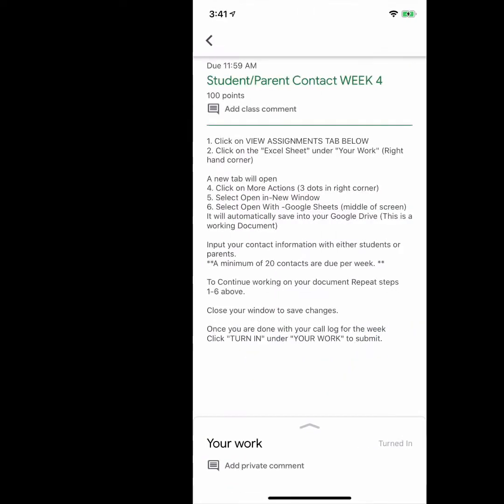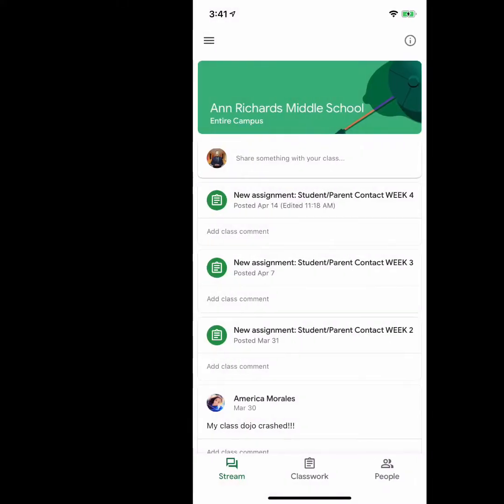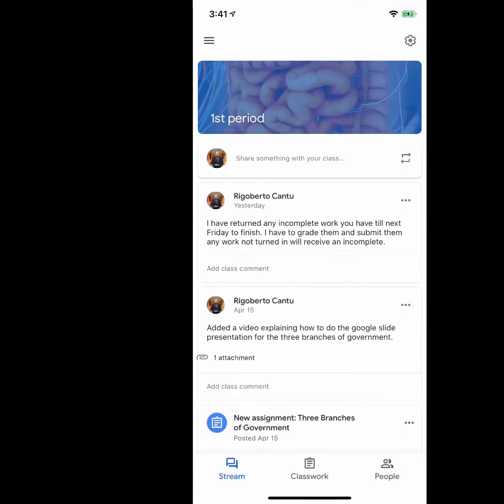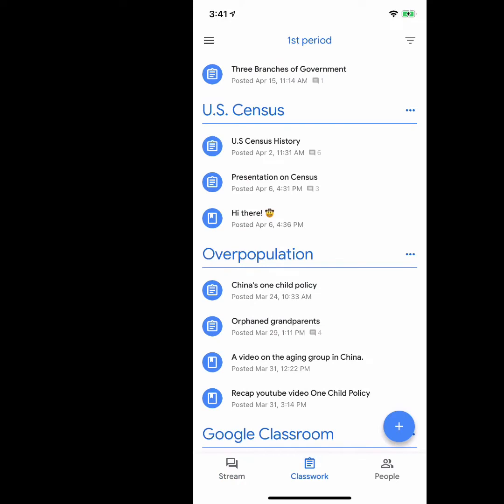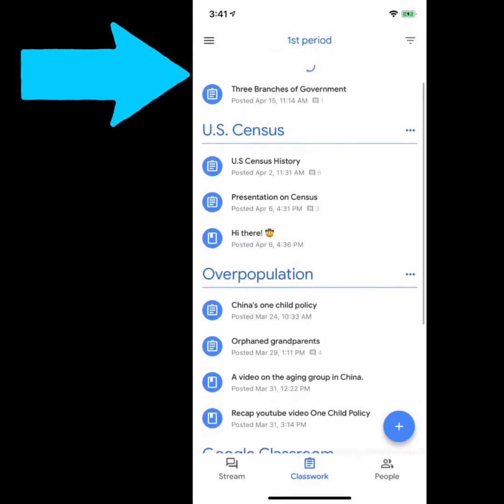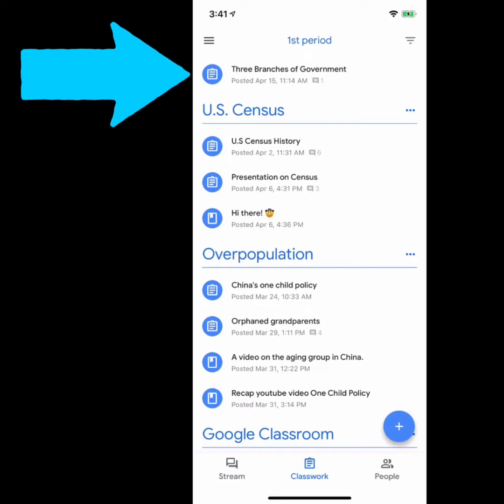So the way that works is when you click on whichever one that you're using. So, like for example, let's click on classwork. When we click on classwork here, it shows us all the classwork that we've done through Google Classroom. Here it has the 3 branches of government. That's what we're currently working on. The U.S. Census, the presentation, this right here